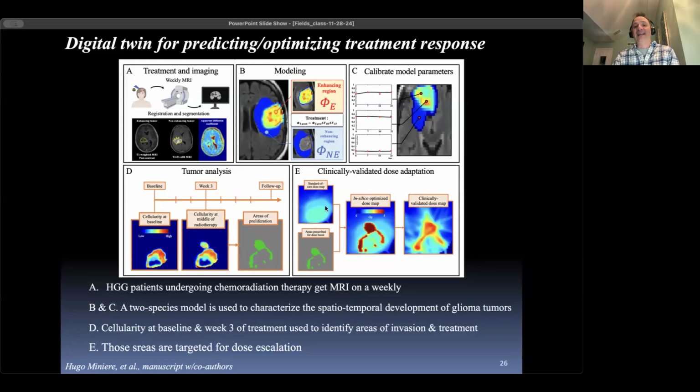So the idea is you take this dose plan, which is the standard of care for this patient, and augment it by hitting a higher dose to these regions that you've identified as proliferative. So that you combine these two things, and this is the dose map you're going to give. And then we give this dose map to our medical physicist colleagues,